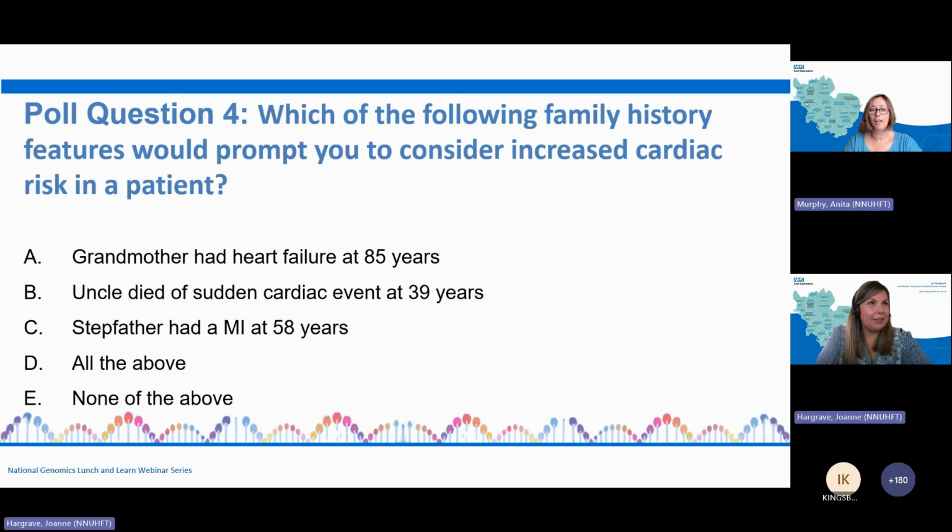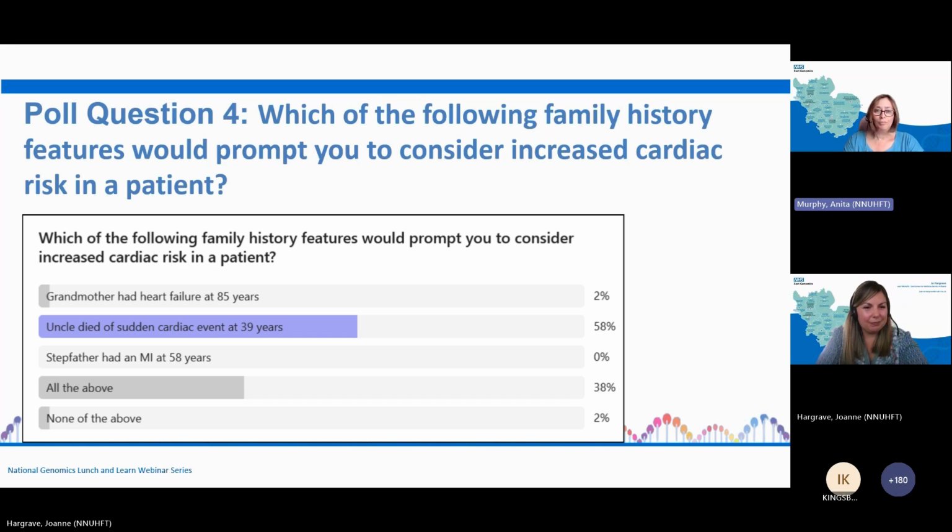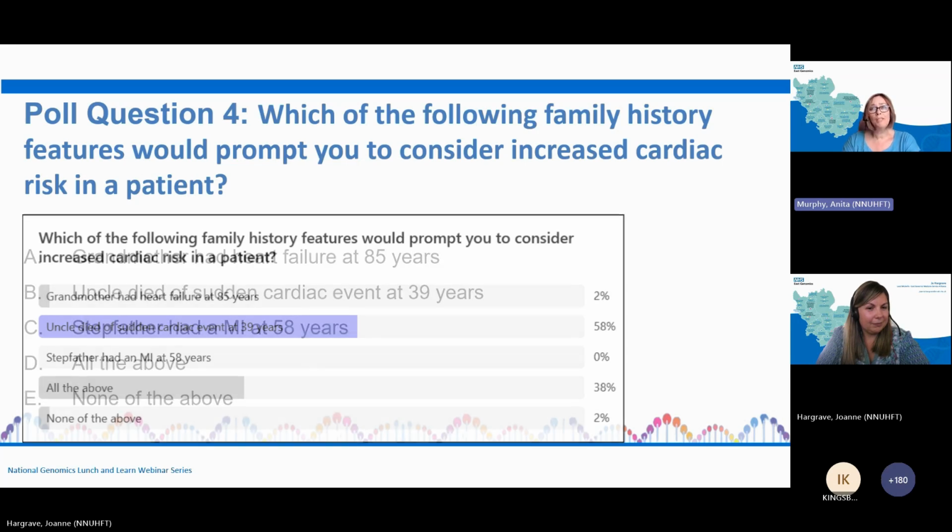Lovely. Okay. Interesting. Yeah, just seeing that creeping up. Okay, now it's one again. There are some right answers, but there's no definitive right answer here. So the grandmother at 85, we've ruled out because she's 85 with heart failure. It's not a risk factor we'd think of for immediate family. B, the uncle dying of a sudden cardiac event at 39 years. That's the correct answer in this case. The reason being is